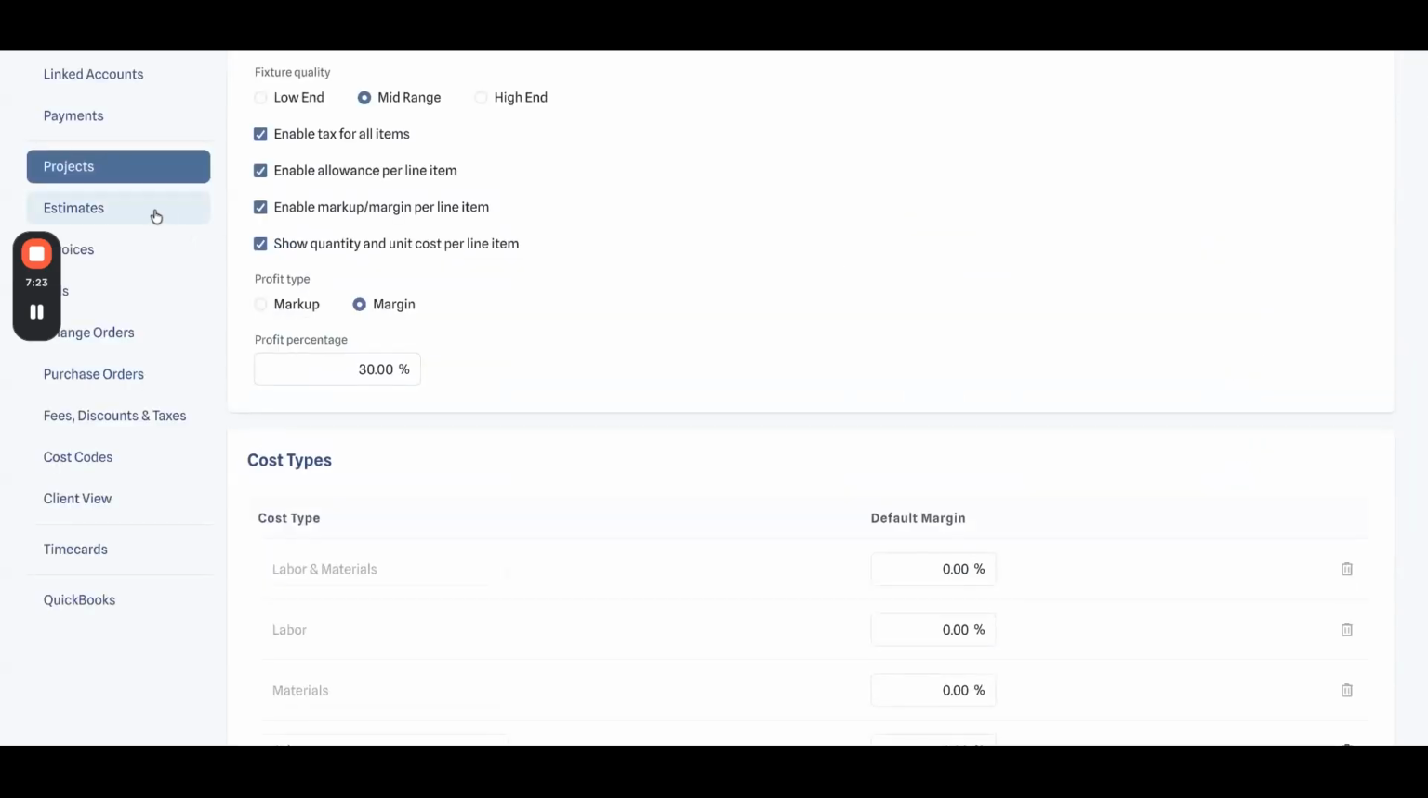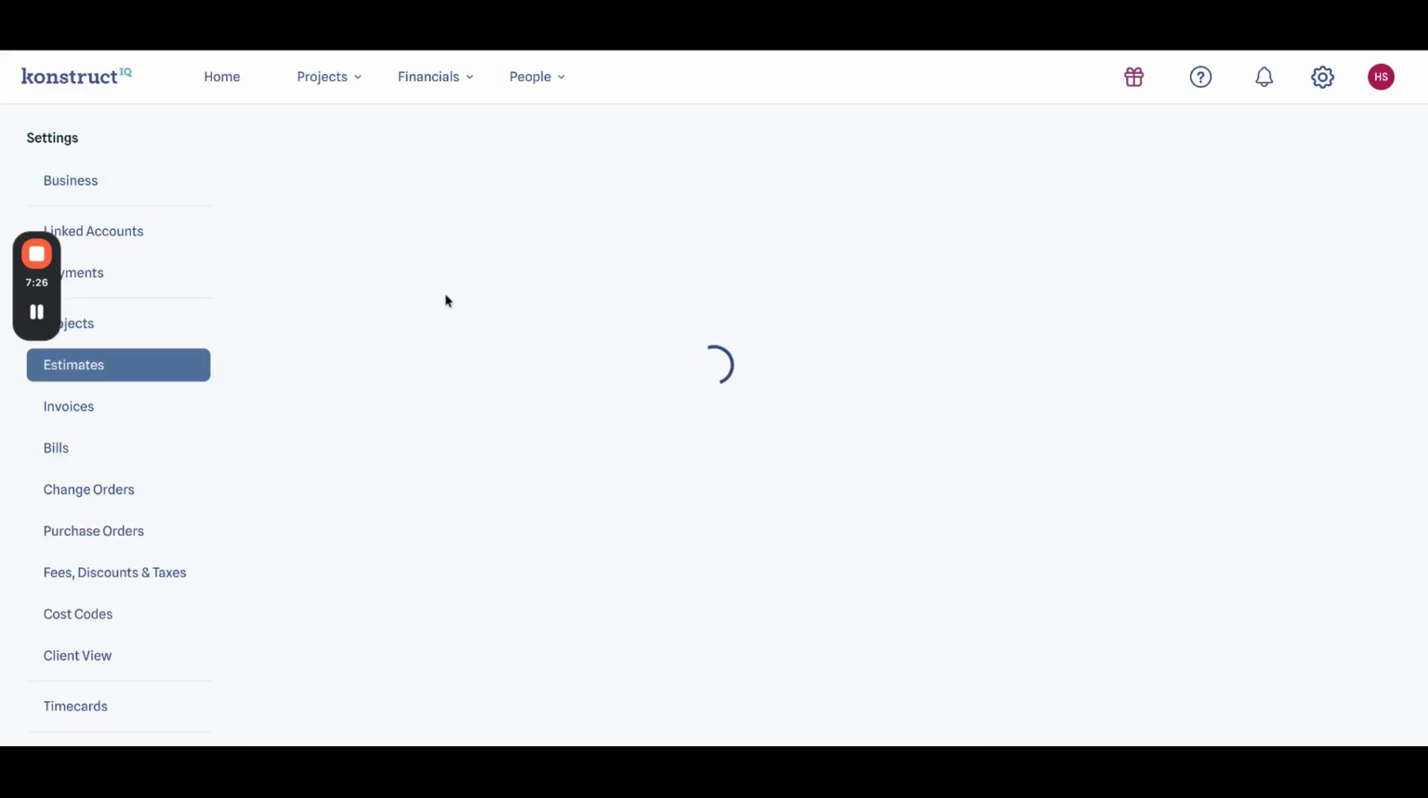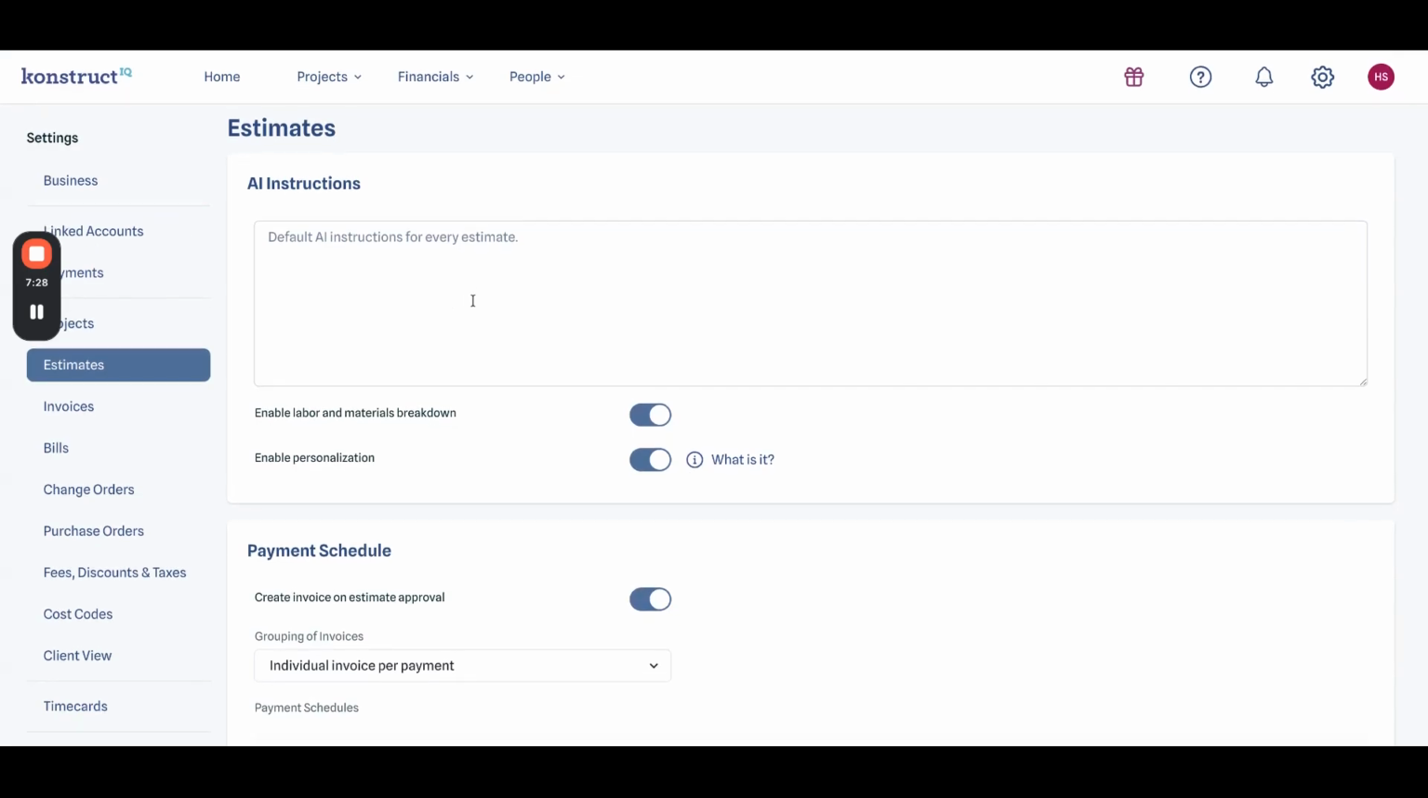Moving on from our project section, next we'll go to our estimate section. Under our estimate section, again, we kind of start getting into more of that customization for the estimate document specifically. So right here at the top, you'll see we have our enable labor and materials breakdown. And what this is for is,